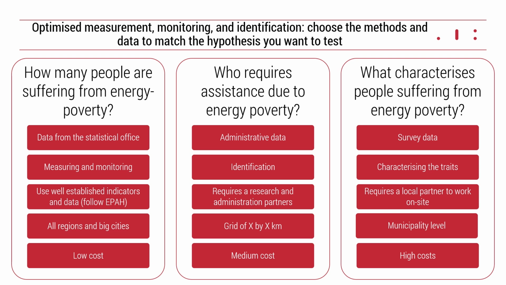But still, researchers, and I will give you a very practical example of that, can identify areas that require immediate intervention. This can be done on a grid of 1 by 1 kilometer, for example, or X by X kilometer, depending on the quality of data. The cost, I would say, is medium, as it requires access to administrative data that is already there. So, for example, the energy spending,